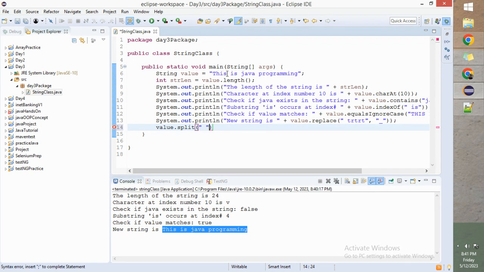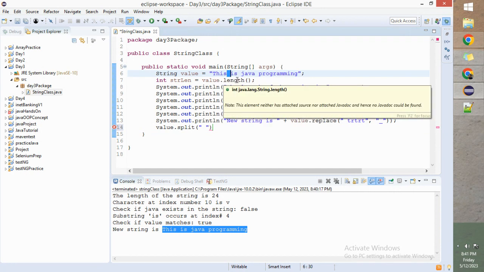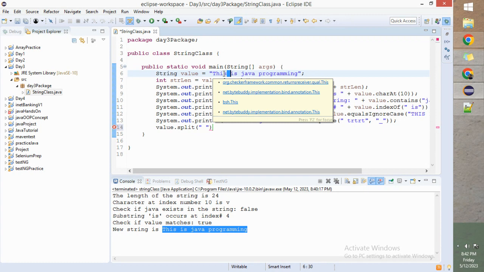So whenever it comes across the substring space, it is going to split that particular string and store it in a string array. And obviously we have seen what an array is. An array is a placeholder where you can store multiple values, and the index of the array starts from 0,